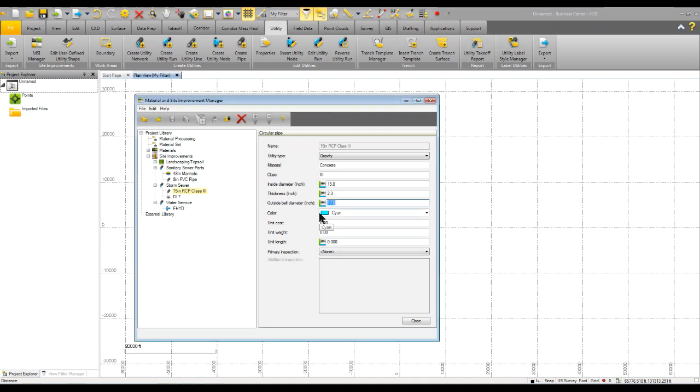so it's 15 plus, it's going to be 5.25, so it's going to be 20.5 is the bell diameter in this particular case. The same thing with my unit weight. My unit weight here for 15" is 140, and that's pounds per foot. So I'm going to put my unit length of foot, and then again whatever the cost happens to be for